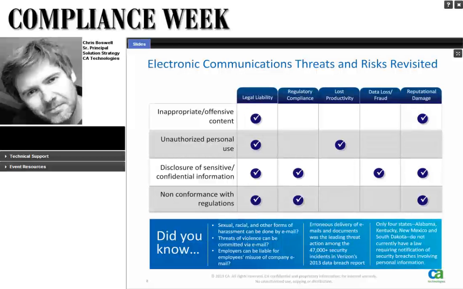And the last piece is conformance with regulations and compliance mandates, or nonconformance, excuse me. This is something that could really hurt you as well. There are only 4 states today that don't currently have some sort of breach notification or data privacy law. If you're a multinational organization, there are certainly very strong privacy laws in the EU and Canada, and Asia-Pac are developing their own laws, and it's a trend that we expect will continue going forward in the future as well.